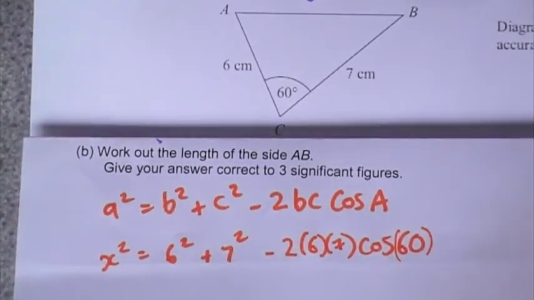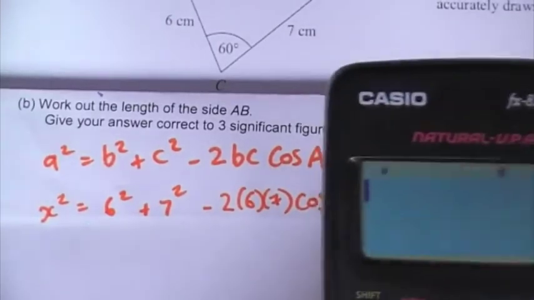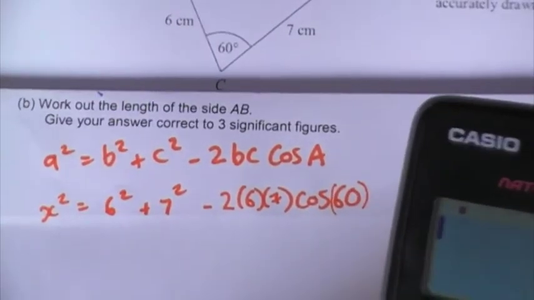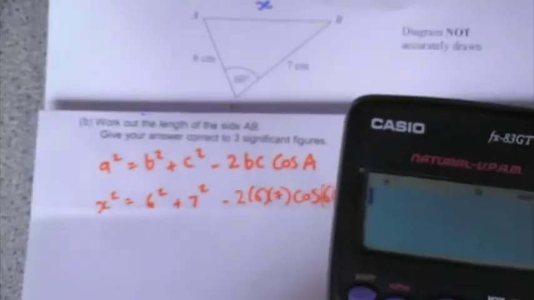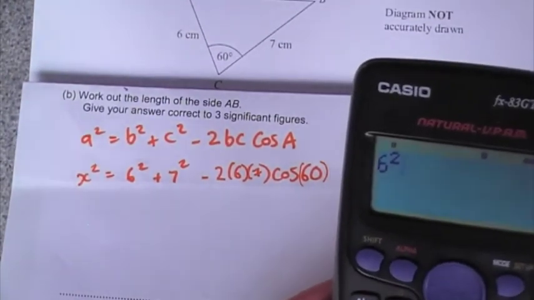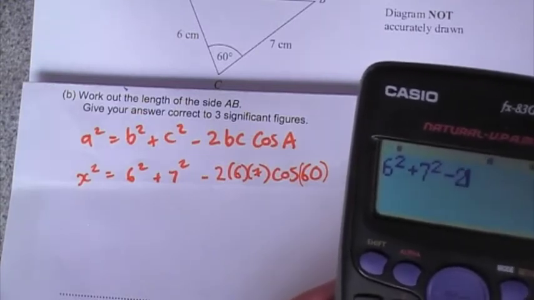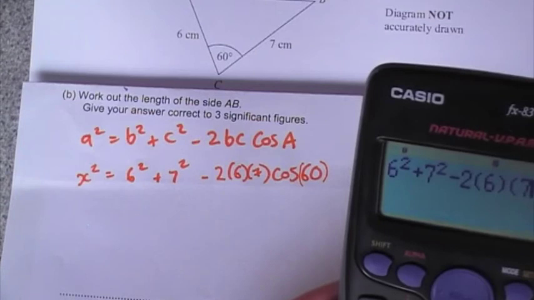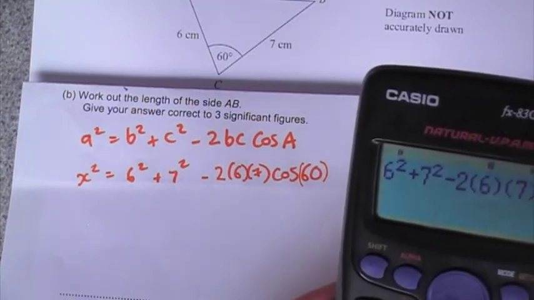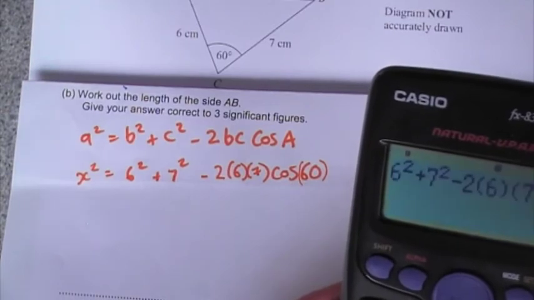So I then go to the calculator and I type in 6 squared plus 7 squared, take away 2, open bracket 6, 7 cos 60, close that off, equals